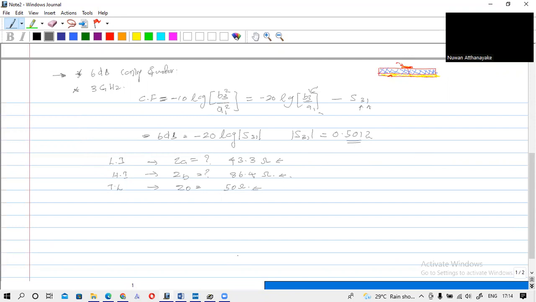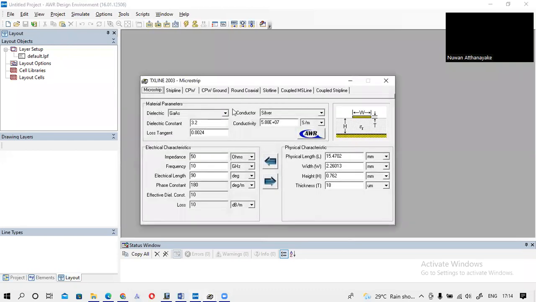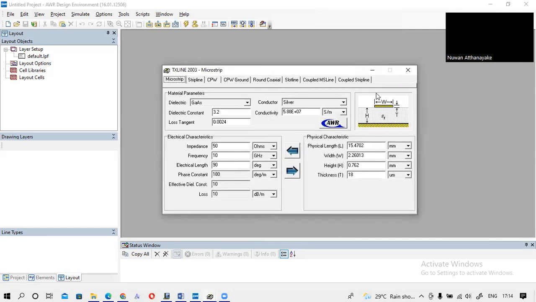Okay, you can simply do it. But here we are not going to use the equation. For that, we are going to use what is called the TX Line tool. Okay, so here we have a TX Line, and it is